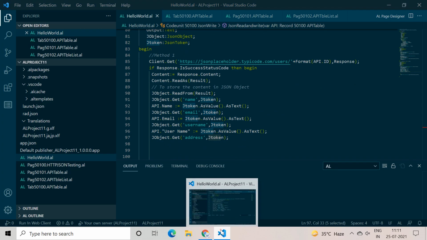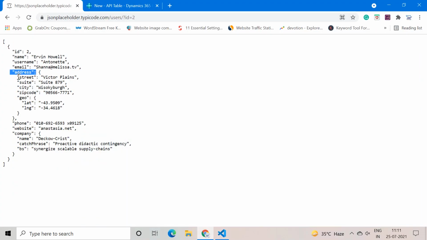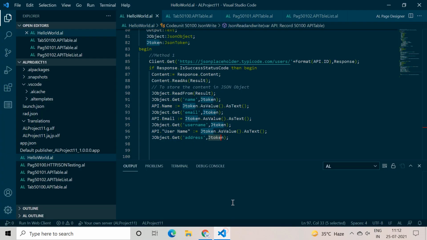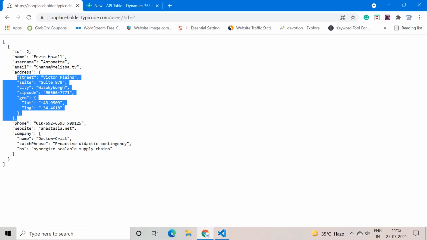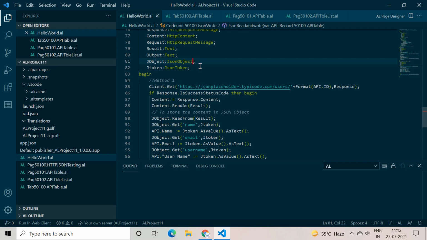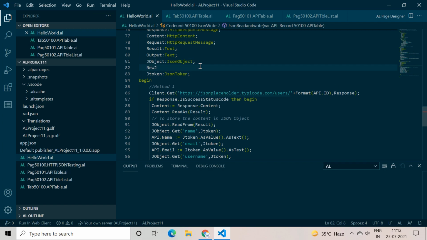Okay, so this means with that line of code, we are passing this complete street, suit, city, zip code, geo, because this is a complete JSON, right? So we are passing this complete result into my JSON token. But under the address, we want to call the street. So we cannot call it from this main JSON object. So what we can do is, let's create another JSON object